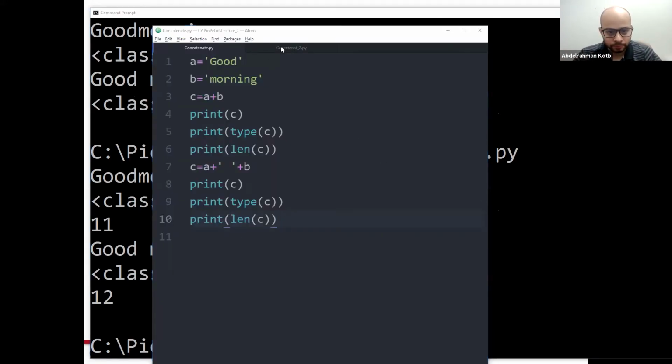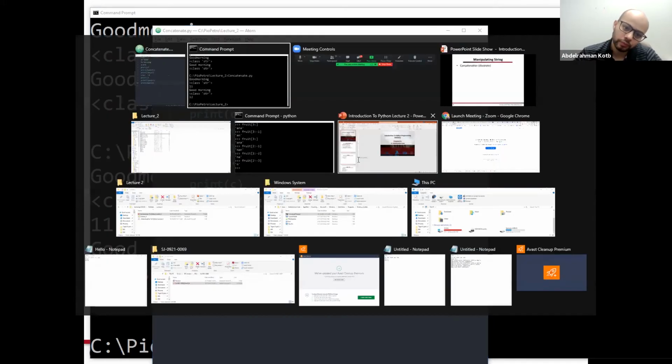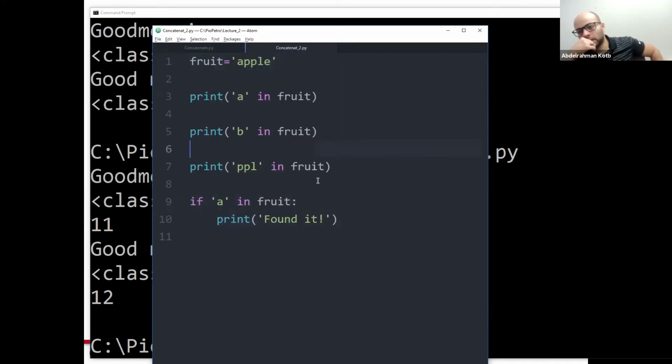The second example. A lot of times you're looking for a letter in a string, a word in a paragraph, a word in a book. I want to talk a little bit about why this is important.